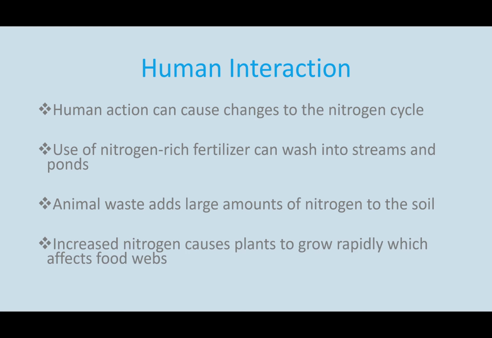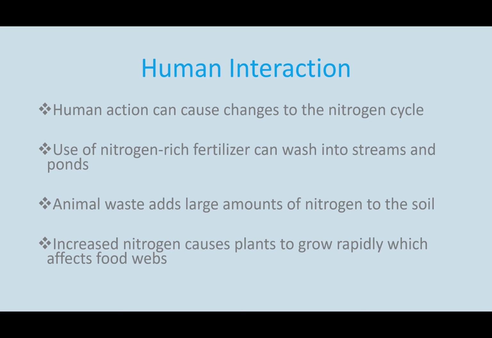So this increased nitrogen has an effect. We're adding nitrogen into the cycle, and it can cause plants to grow rapidly, which affects food webs. If you think back to the food chain, food web gizmo that we did, if we increase the plant population, which can be done by increasing the amount of nitrogen in the soil, causing plants to grow rapidly,